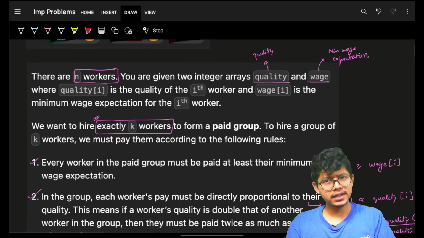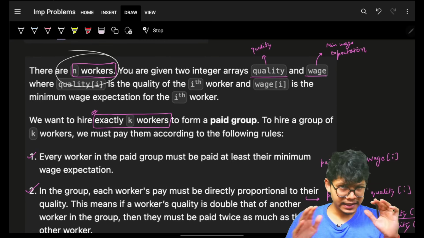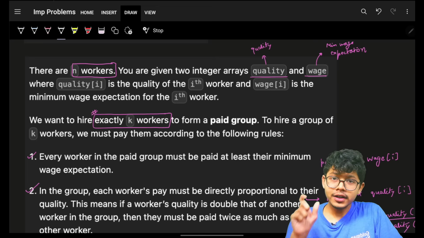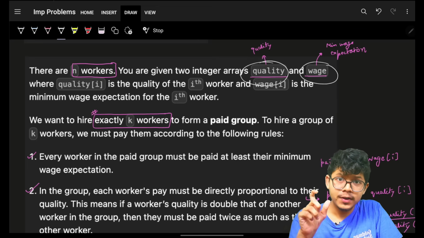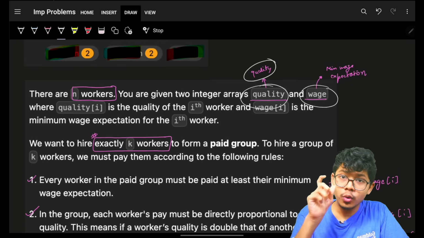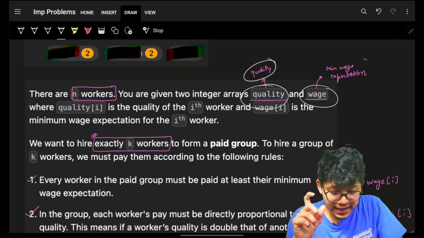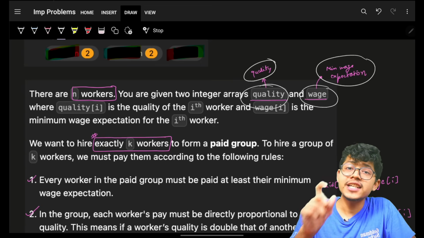It's marked as hard, but it's a good one. It has n workers, and we are given two integer arrays, quality and wage. What they mean is, quality is the quality of the ith worker, and the wage is the minimum wage expectation